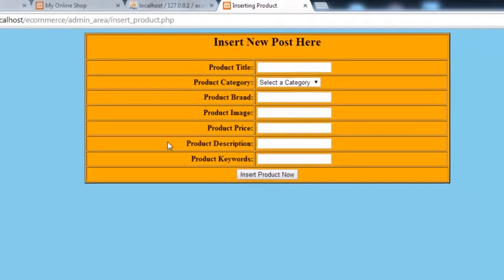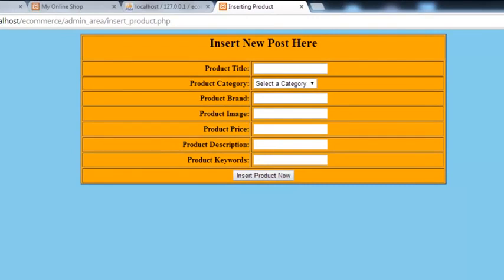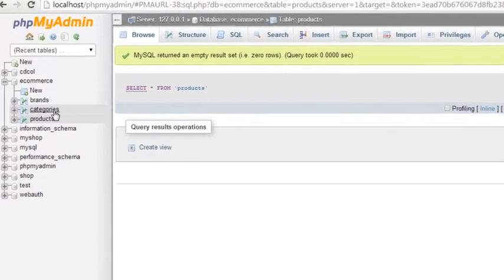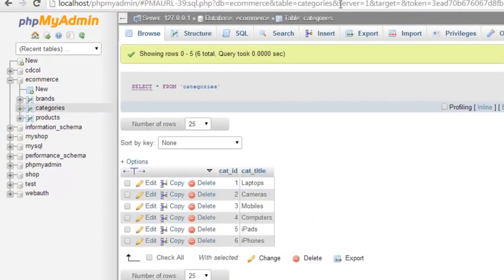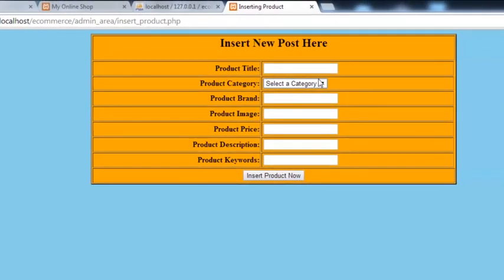Now come to your page, refresh it, and see, you can see all the categories in the list directly from the database, from the table, from here. So we have very simply given all the already existing categories which we have added ourselves, so the user or we can just select any of these categories,